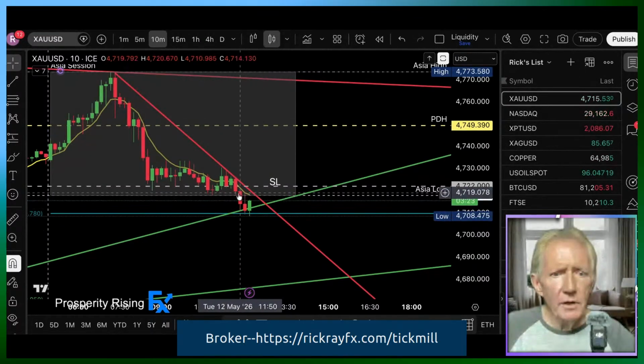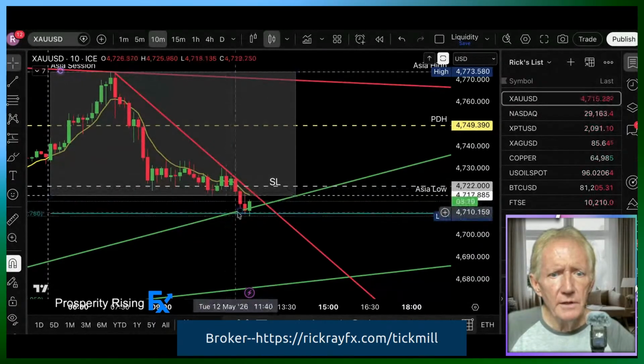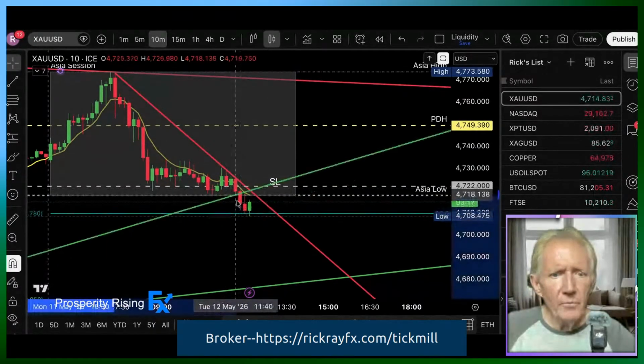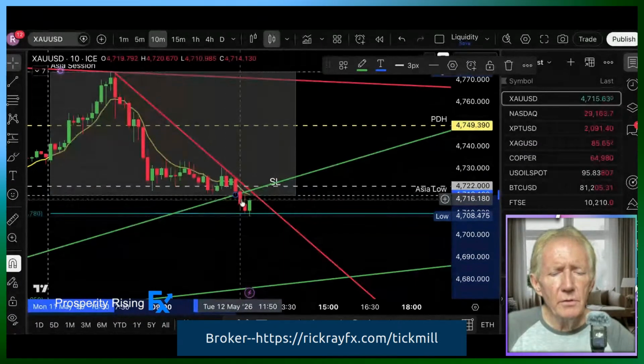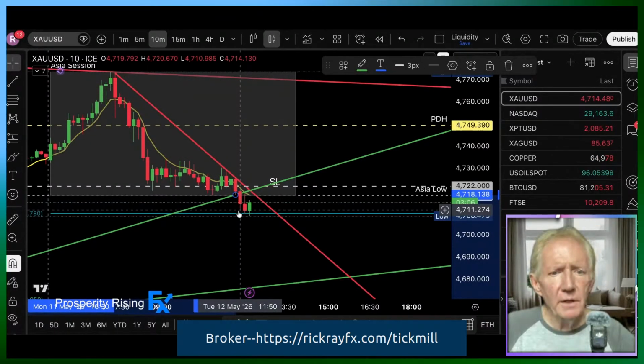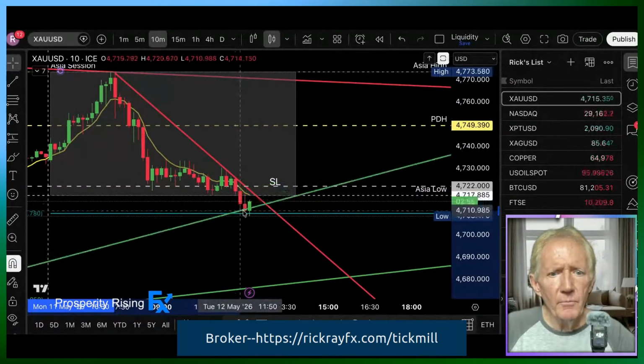I could have taken this trade earlier, right here on this candle, because the trend line was actually right there. But I don't like to take a trade just 10 minutes before the top of the hour, because oftentimes you get a reversal at the top of the hour. And also I knew that we're getting close to the pivot point, so I waited till the top of the hour.